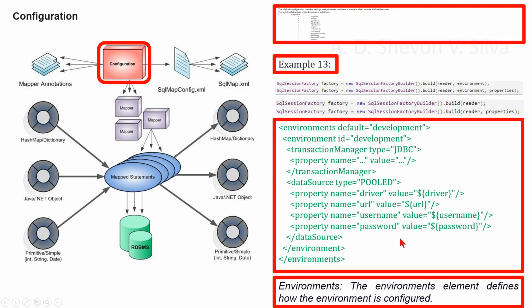Now we are considering environments. The environments element defines how the environment is configured. MyBatis can be configured with multiple environments. This helps you to apply your SQL maps to multiple databases for any number of reasons. For example, you might have a different configuration for your development,